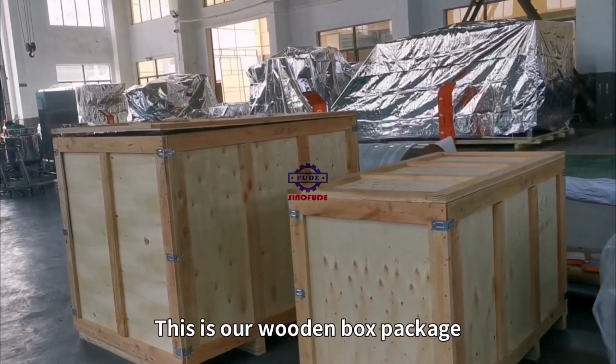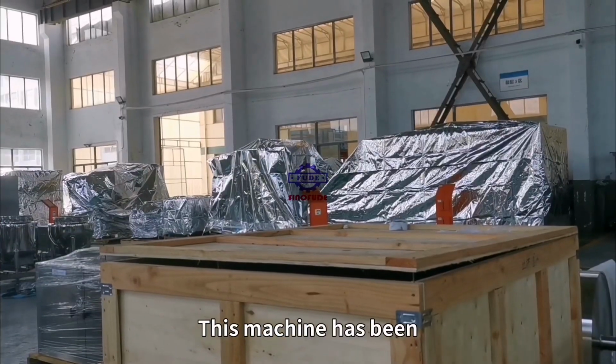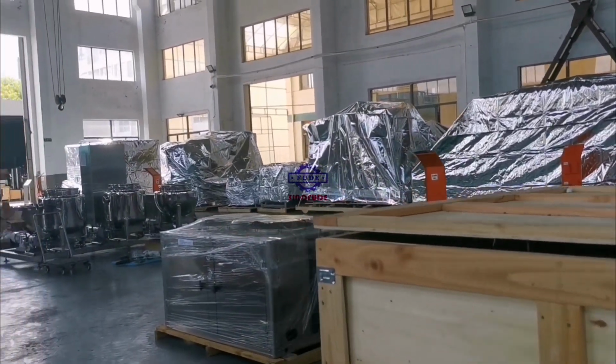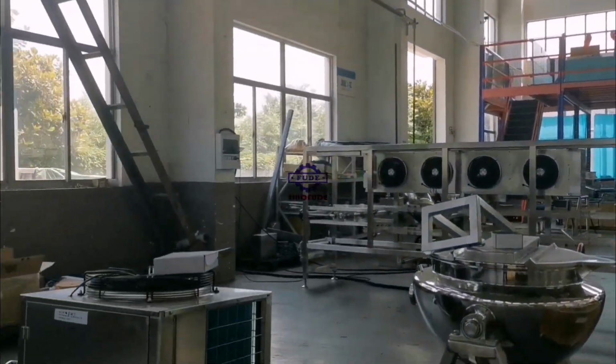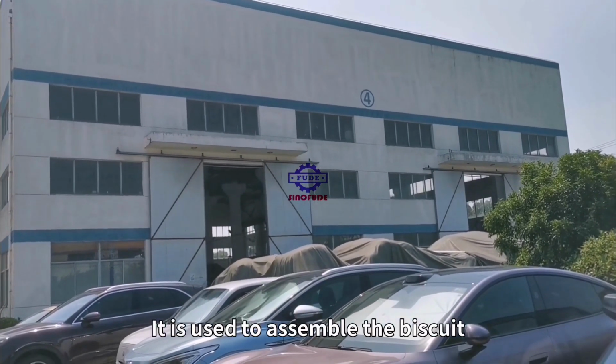This is our wooden box packaging. This machine has been packaged to ship. This is our workshop 4. It's used to assemble